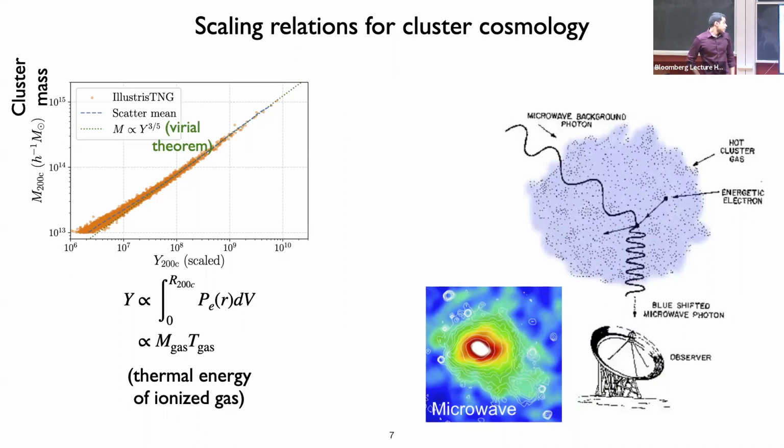No, I think the only thing that goes into this relation is the integrated electron pressure, which is directly measured from a CMB survey. So it's just a power law relation. You can also try to estimate the masses using pressure profiles, but the integrated one is, I think, what is used for estimating the masses. And again, this is the virial theorem because Y gives the thermal energy, and M is proportional to the potential energy. So those two are related, and doing a couple of lines of algebra, you can figure out this Y^(3/5).